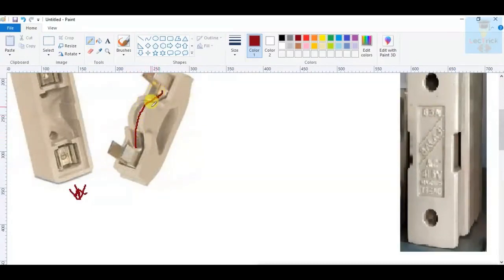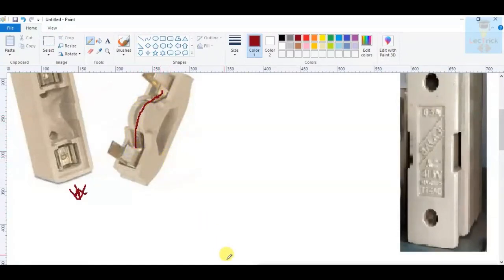Generally what people do is, if something happens in your home and the fuse melts because of short circuit or overload or anything, they usually replace it with a thicker wire. You should not do that, because otherwise your equipment will be gone, not your fuse. Your fuse wire should blow under abnormal conditions. If the fuse wire melts during normal conditions, it means the fuse wire capacity is too low.